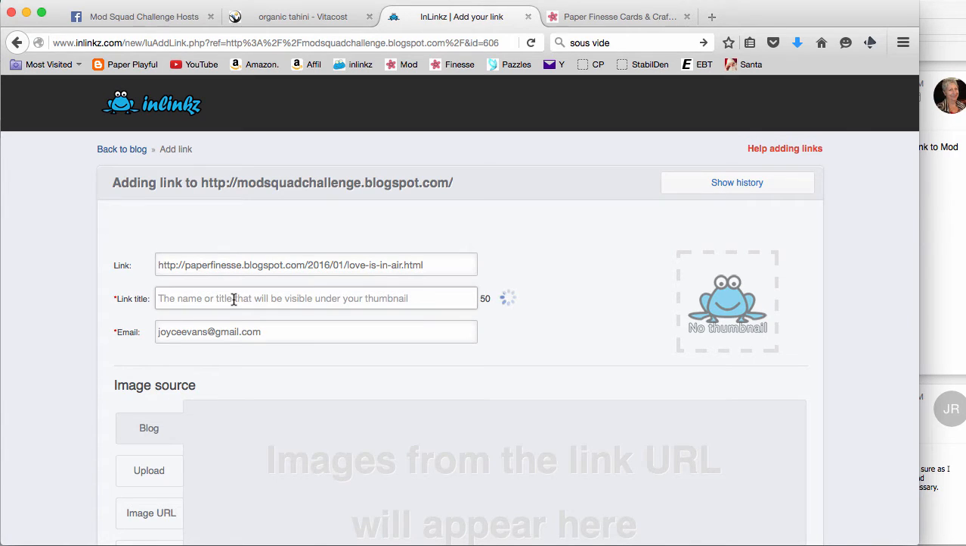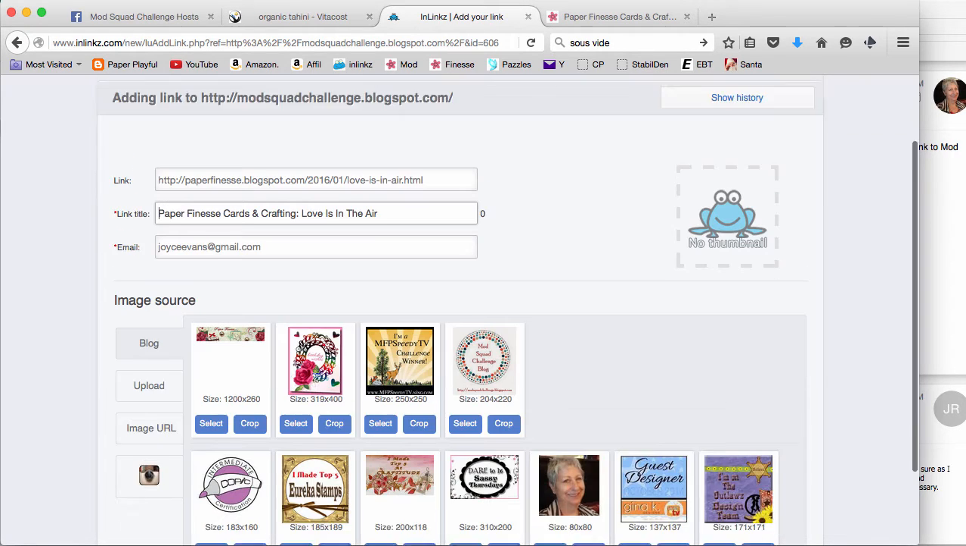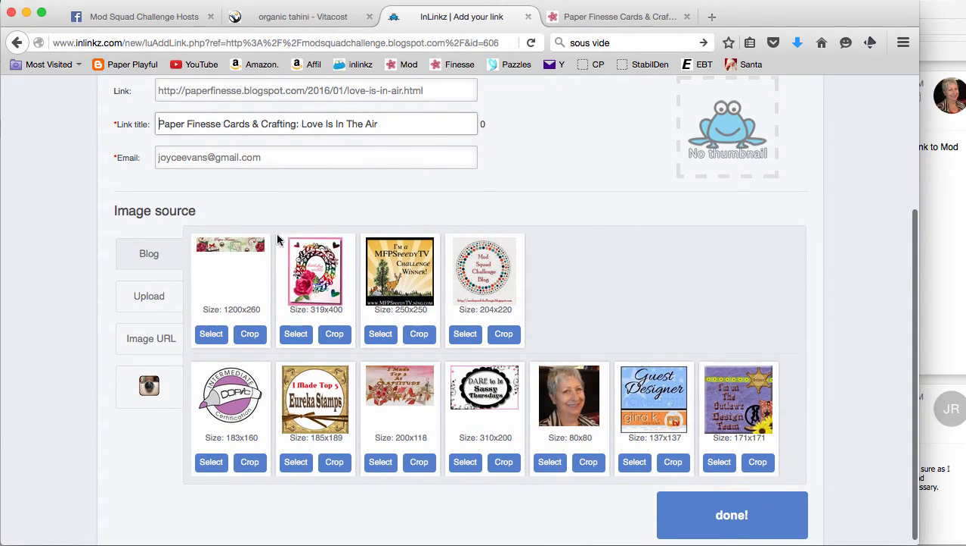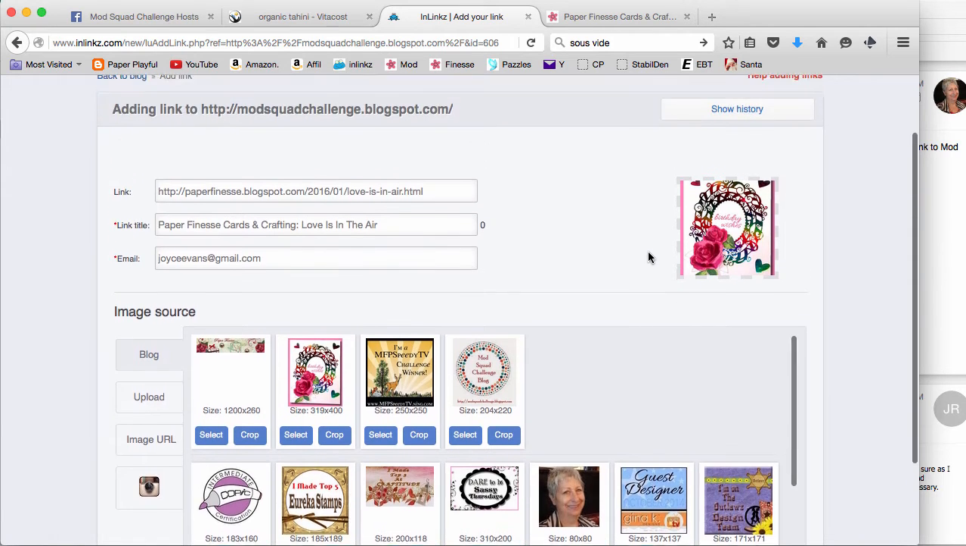The link title. This is where, if you used a sponsor's image, you can leave all this if you want to, or alter it, whatever. But if you use the sponsor's image, this is where you put the MSC. And then your card will also show up down here. You just select it and hit done. That's all there is to adding a link